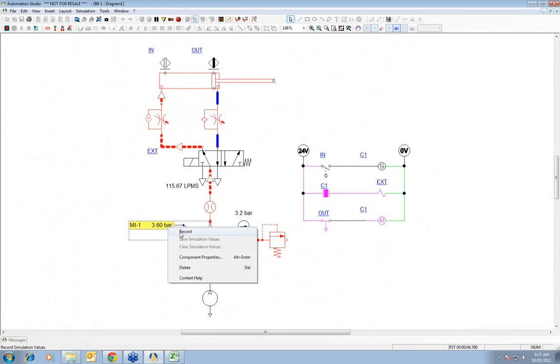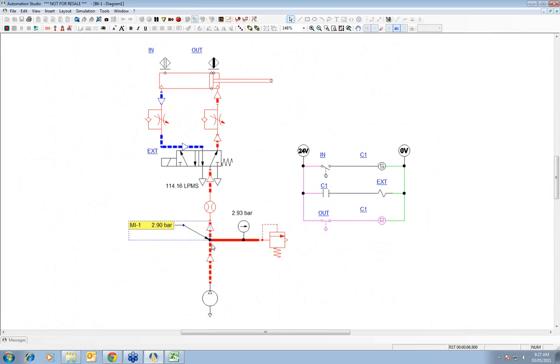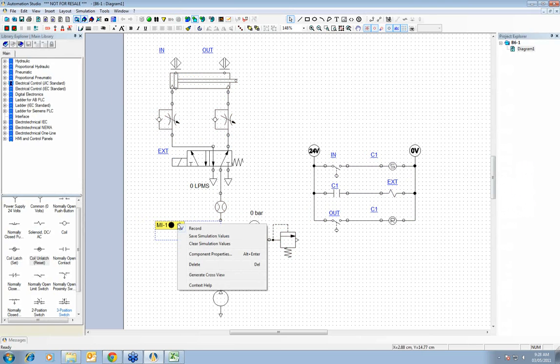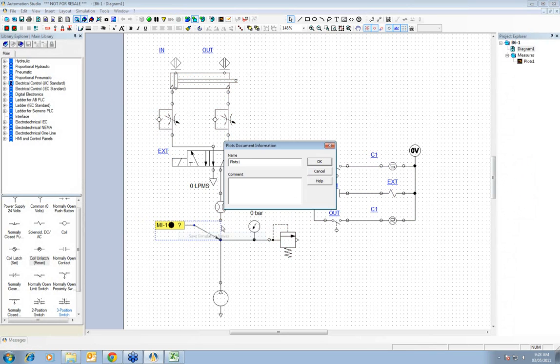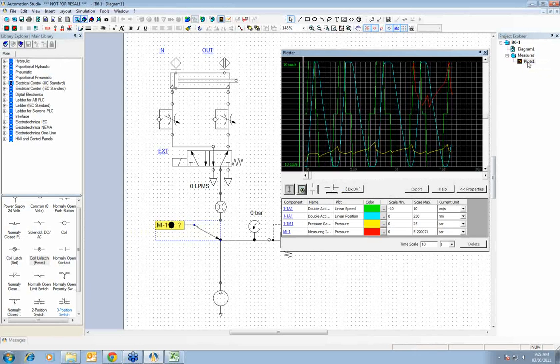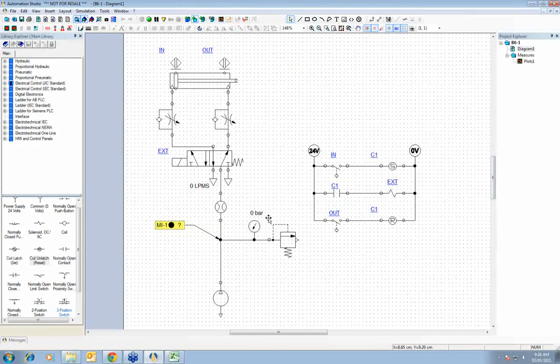And if you record that information, so if you right-click and record that information, once you stop and you have this recording, you can save those simulation values. And this will create, in a measures subfolder in your project, a plot file. So if you double-click, you will be able to see the values directly in a plot file. Okay, so it keeps the plots directly in Automation Studio. But again, this is in a separate lesson